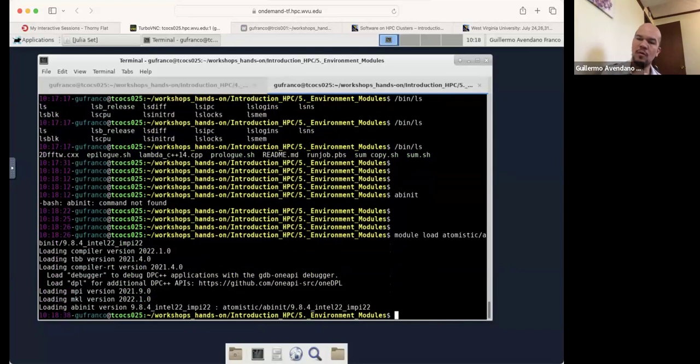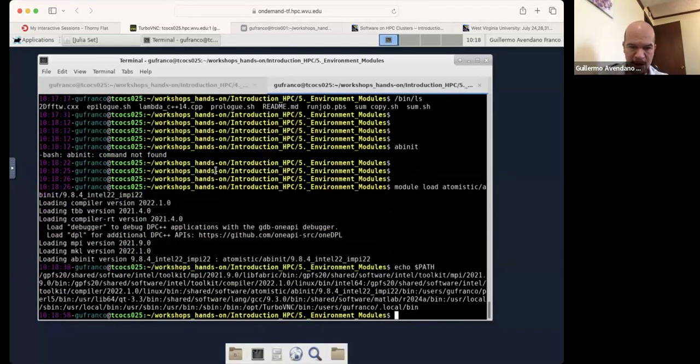To load what is called a module, change the content of the path. Now the content of the path will add more things to it. So like locations for the Intel compilers, Intel MPI, some dependencies, and a special location here,